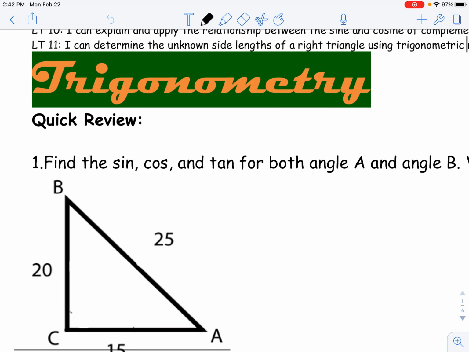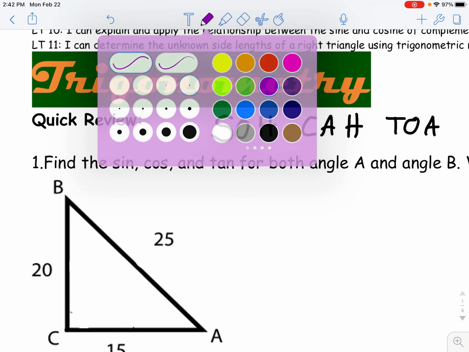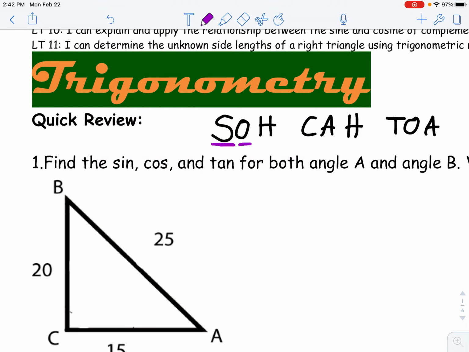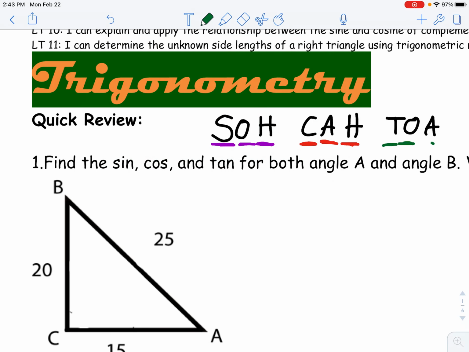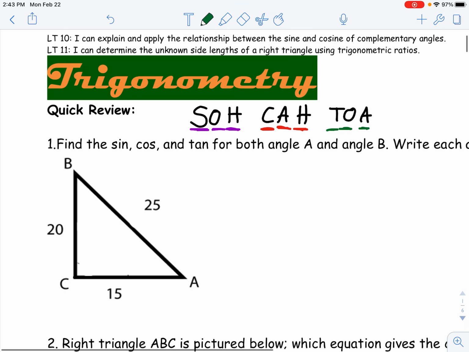So before we even start this, remember SOH CAH TOA, all right? And what this means is sine is going to be opposite over hypotenuse. Cosine is adjacent over hypotenuse. And then tangent is opposite over adjacent. These are ratios of side lengths that determine angle measures in a right triangle. That's why they're so popular, so famous, so important to life as we know it. So using SOHCAHTOA,